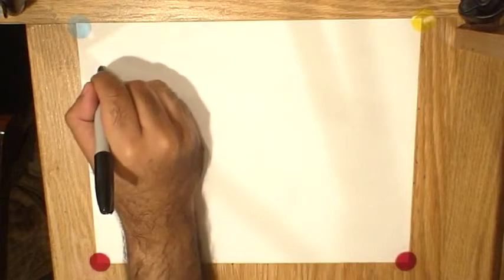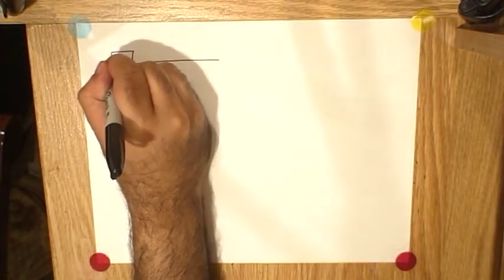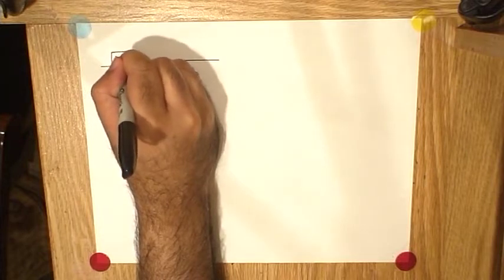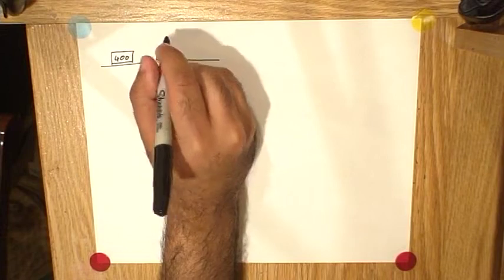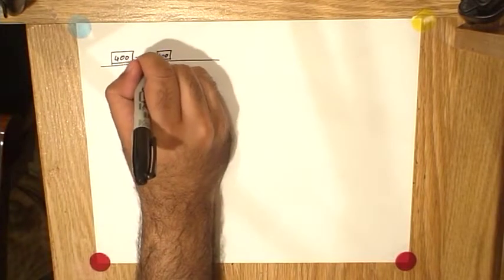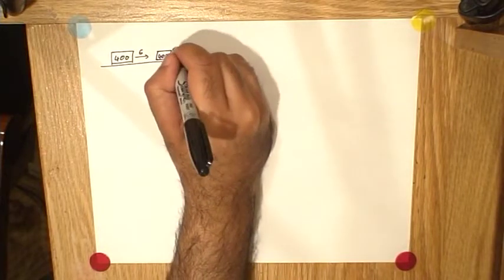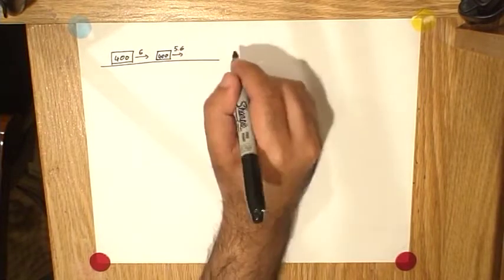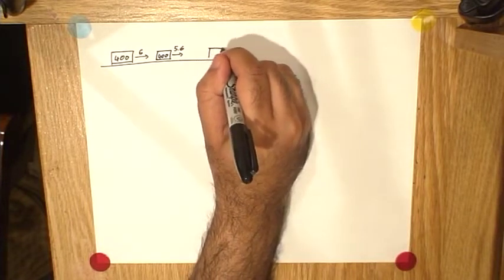In this question, we were told that a bumper car with a mass of 400 kilograms is going to strike another bumper car, also with a mass of 400 kilograms. The first bumper car is moving rightwards at 6 meters a second, and the second bumper car is moving rightwards at 5.6 meters per second. They are going to collide,